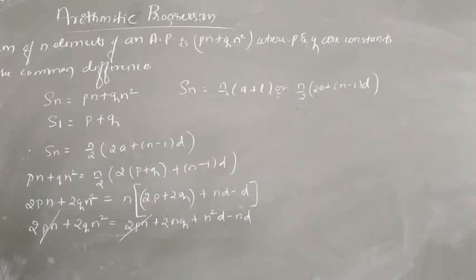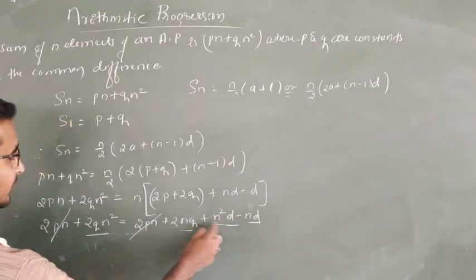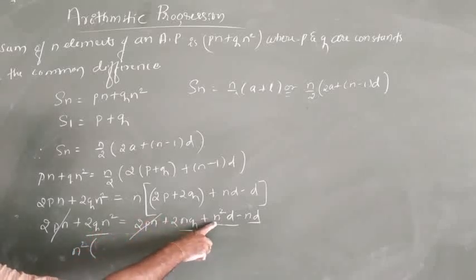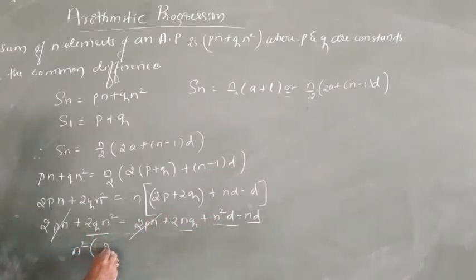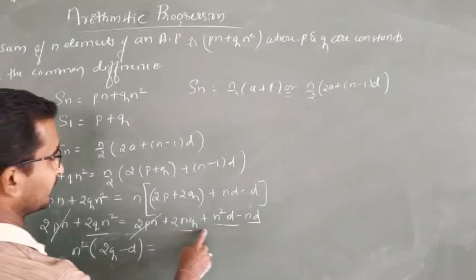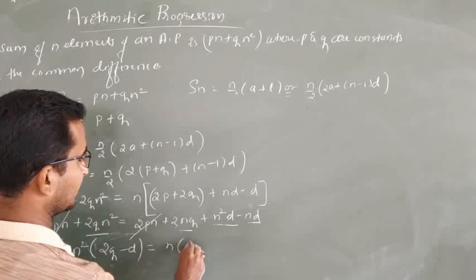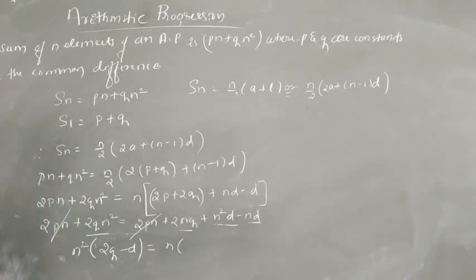Okay. So here what do I have to find out? I have to find out the value of d. I should get the common difference. So to get the common difference, what do I do? Take this n square d to the LHS. If I take n square as common, what do I get? 2Q minus d is equal to... if I take common here, n is common, but what remains? No, let's not take it like this. So better I will take